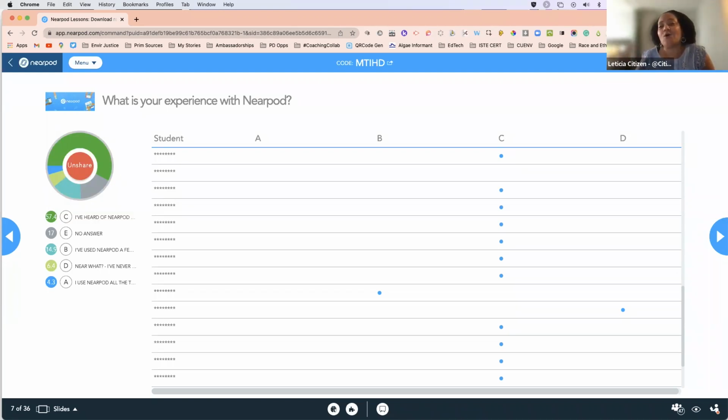So students will say, oh, I see that choice C, I've heard of Nearpod, was the most. And I'm like, well, how do you know that? Well, I can look on the pie chart and see that it's the majority of the circle. Other students, and I'll say, is there any other way? Oh yeah, I notice on the side, the colors correlate, the numbers are there. So you can have those quick math talks with students,